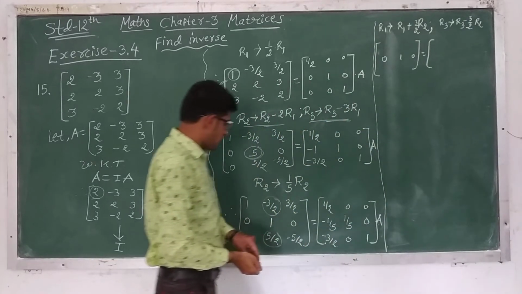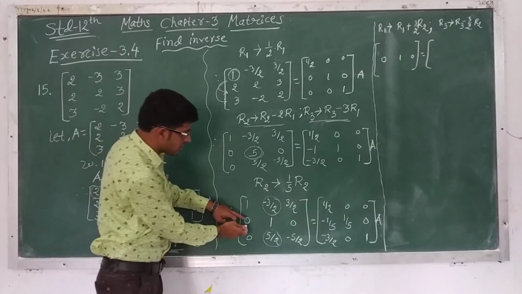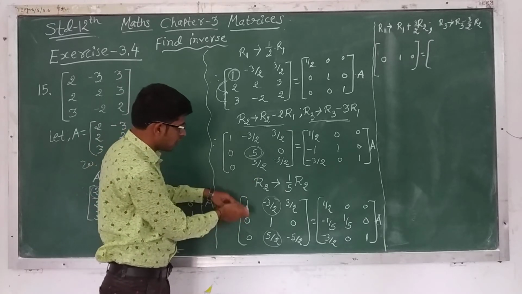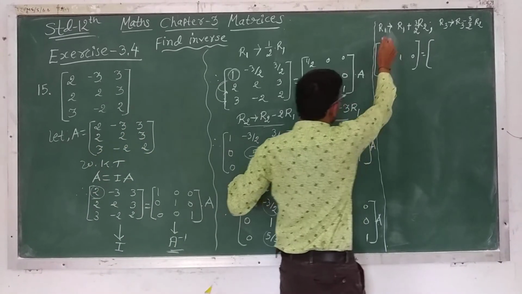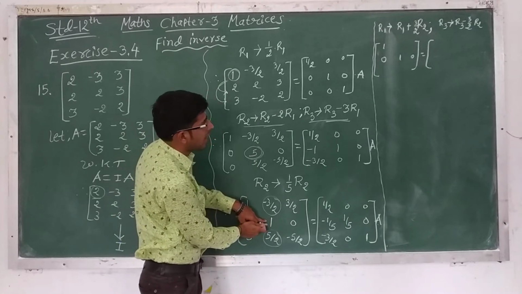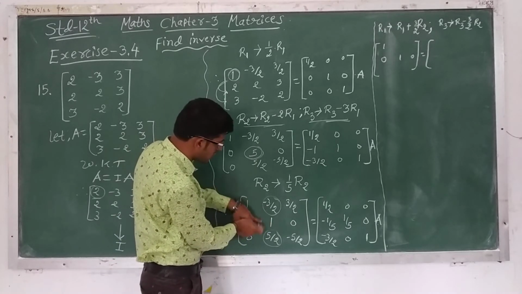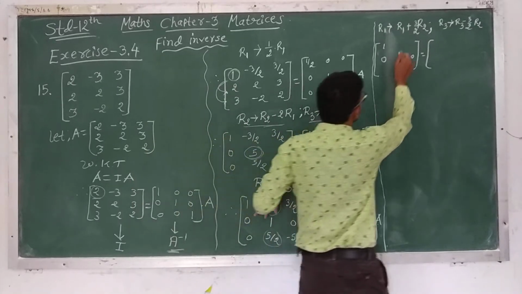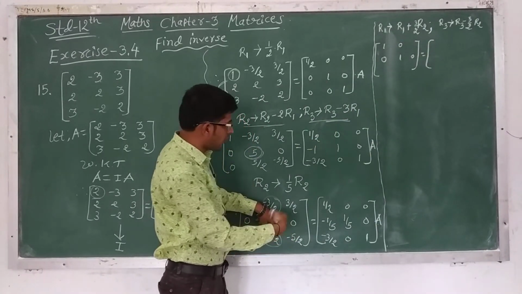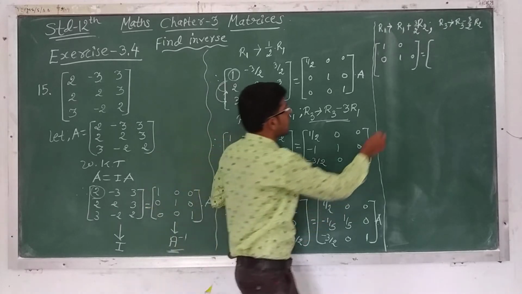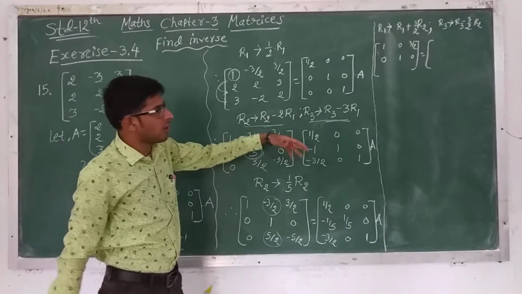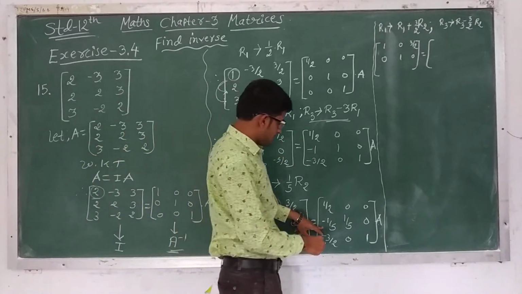Okay, so what about first row? So here 0 multiplied by whatever number, answer will be 0. 0 plus 1, so 1 as it is. No change. Here whatever, 3 by 2 minus 3 by 2, because we have to add in first row, so it will be 0. Here whatever, 0 multiplied by whatever number, again 0, so 3 by 2 as it is. 3 by 2.